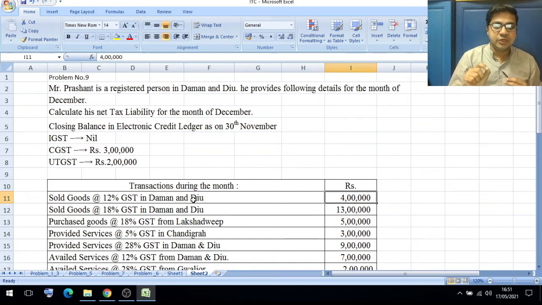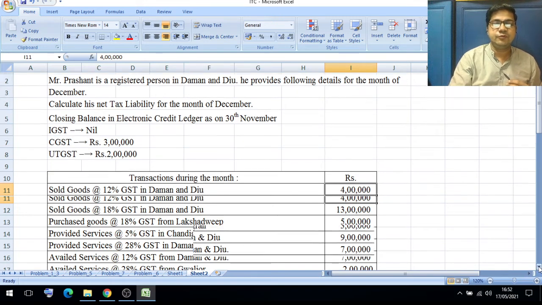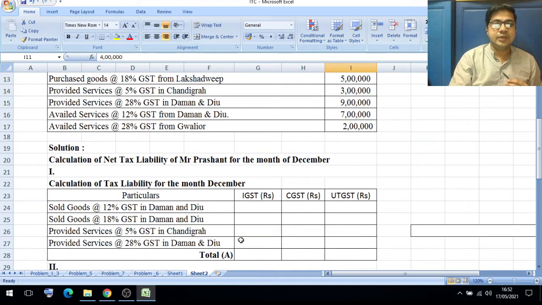Transaction within the union territory. So we have to write this. We have to find out the tax values. Sold goods at the rate of 12% GST in Daman and Diu. Now, which tax is applicable? Whenever